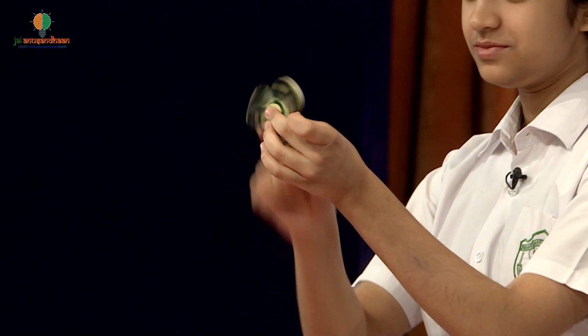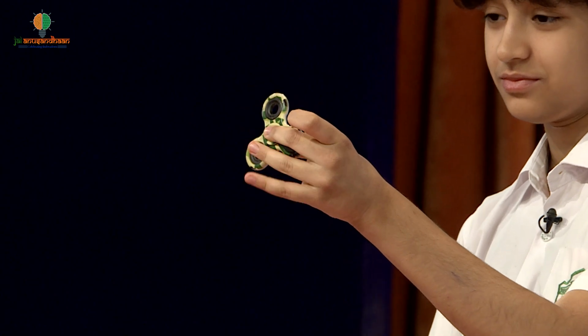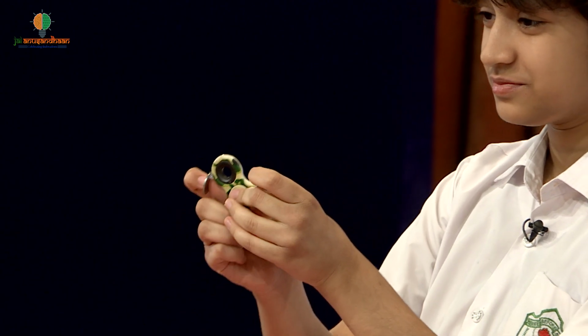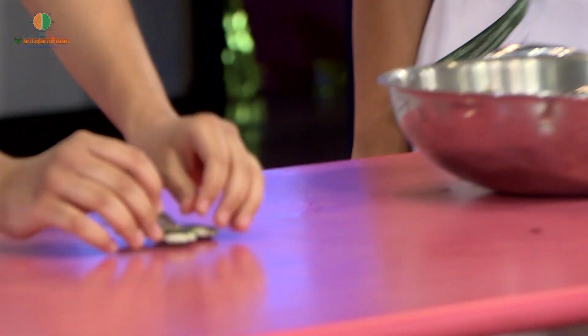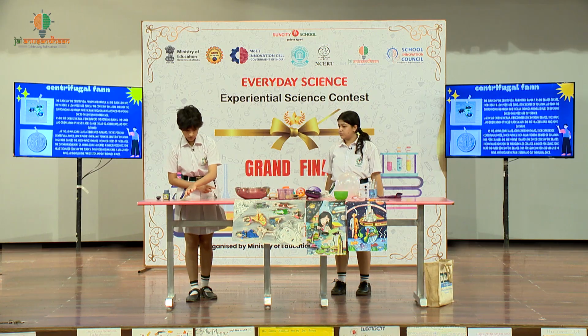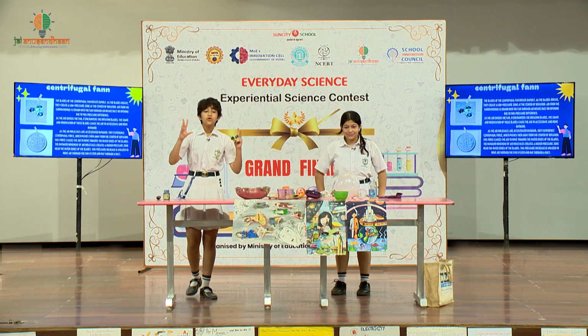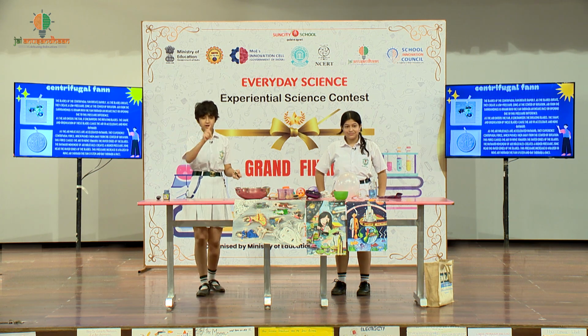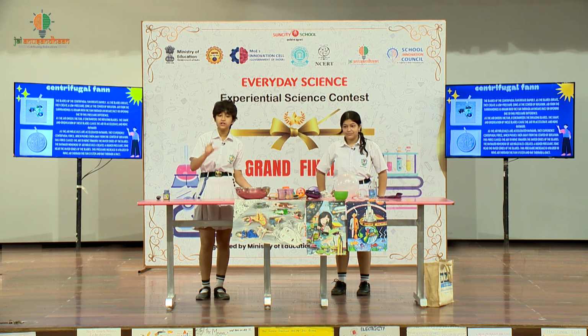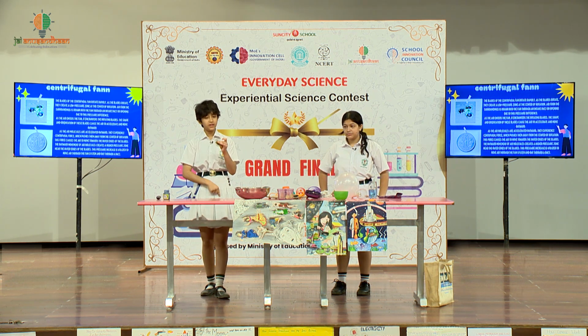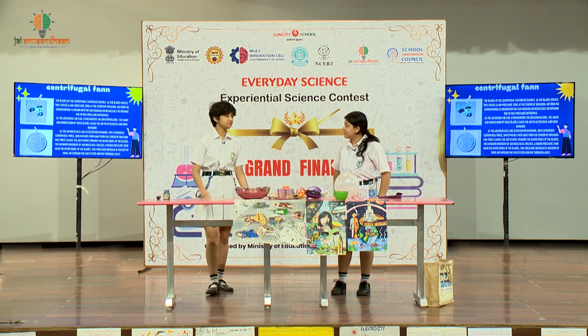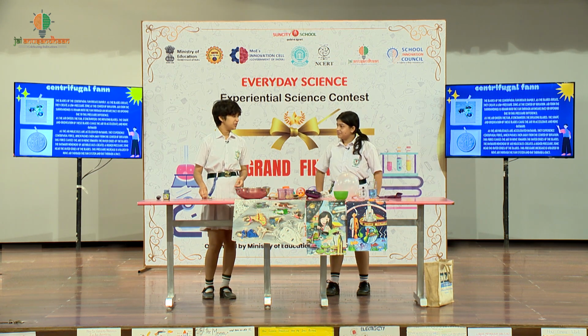Now, when we spin the fidget spinner, there is a difference in air pressure due to which air is let in. Let us keep our coin on the fidget spinner and spin it. Do you see how the coin went from this direction to that? When the air moves in, it is deflected and changes direction due to the centrifugal force created by the spinning of the fan blades. That is interesting.